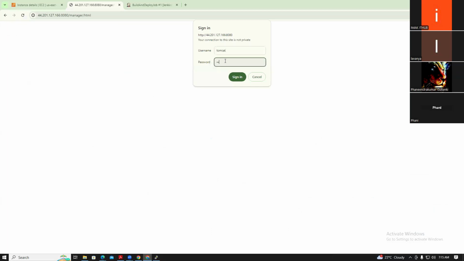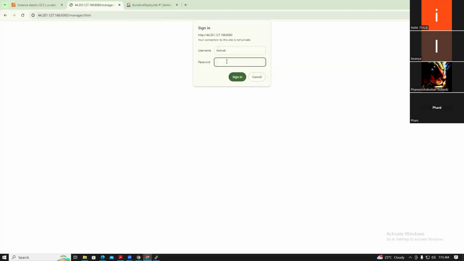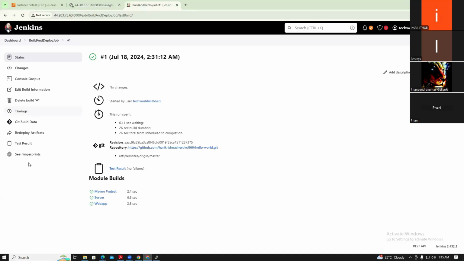Tomcat, I think. What is the password, guys? Tomcat. The password I gave is password. Yeah, guys. We'll show you that password, no worries. Yeah. So here is the build console output. If you go to the console output,